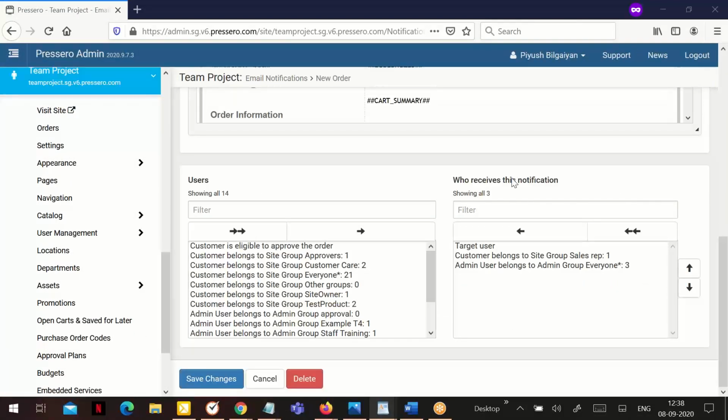By default, emails will be sent to various people, your staff as well as the customer, based on certain activities taking place within the storefronts or the orders area. You will see two columns below the email template. The left column is a list of potential email recipients you can add. The right column contains those who currently are designated to receive the email. You can add recipients by clicking them in the left column and clicking the arrow to move them into the right column. If you hover over the list of those who receive the email, a tooltip will display with more details.